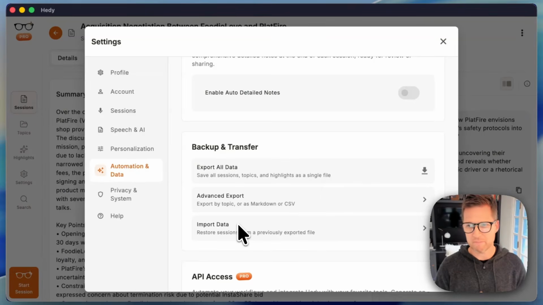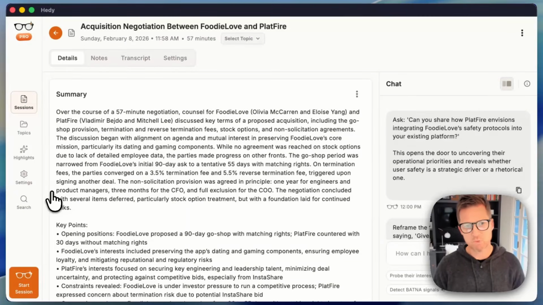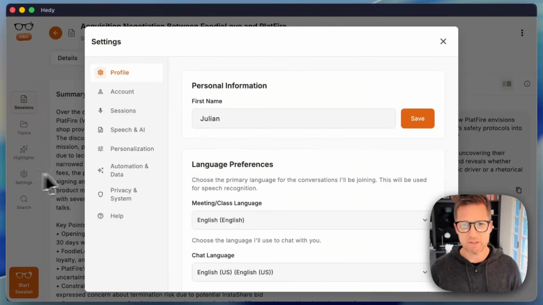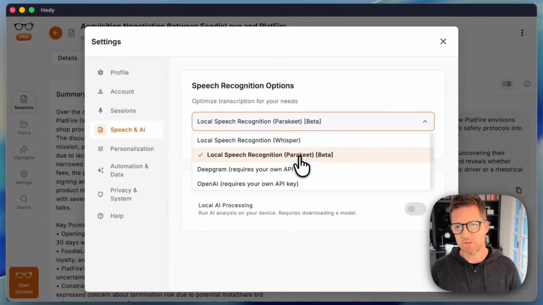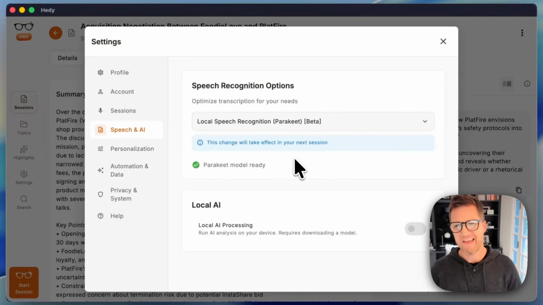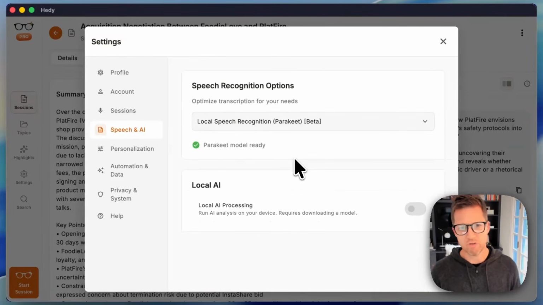It's also good as a backup if you ever worry about your data getting lost, especially if you have Cloud Sync disabled. For macOS users, we have an exciting new beta. A new model called Parakeet is now available in the Speech and AI section. Simply switch from the existing Whisper model to the Parakeet model, and you're going to get a new level of